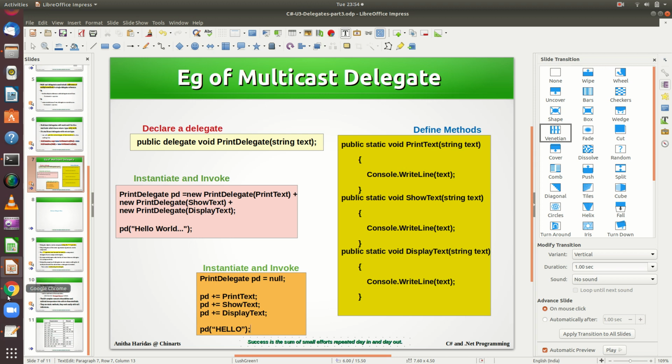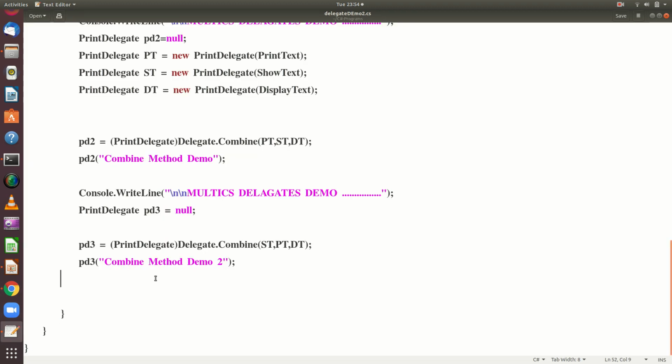I go to the demo program, and here PD3 currently has all the three methods combined together. Now I want to remove one. So you can say PD3 minus equal to DT. Then you invoke PD3.